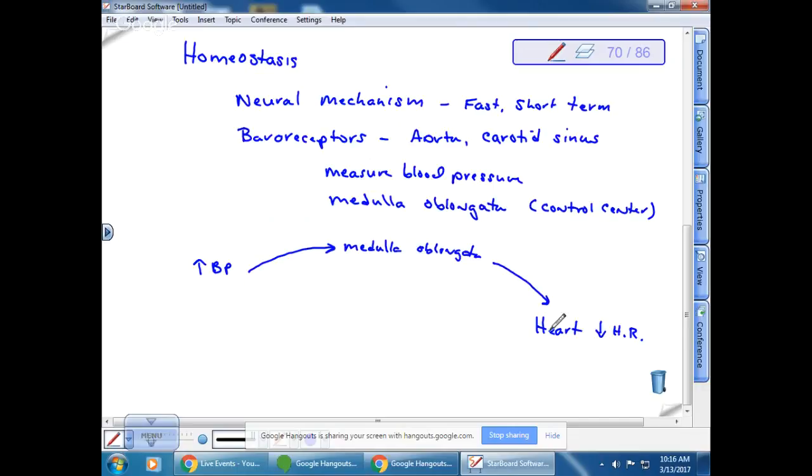It also sends it out to the arteries. So these are what are called the effectors, if you remember our discussion of homeostasis. And so these cause vasodilation. Okay, so actually there are fewer nervous impulses sent to the smooth muscle of the artery, and that causes them to dilate because it's only innervated by the sympathetic nervous system. Anyway, so that causes vasodilation, and what this leads to is a decrease in blood pressure.